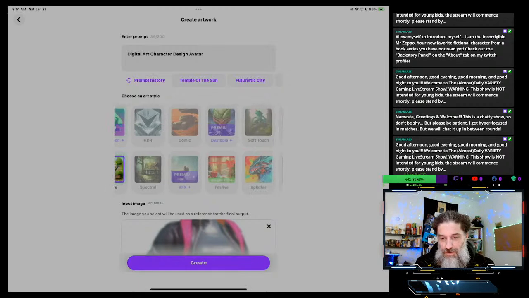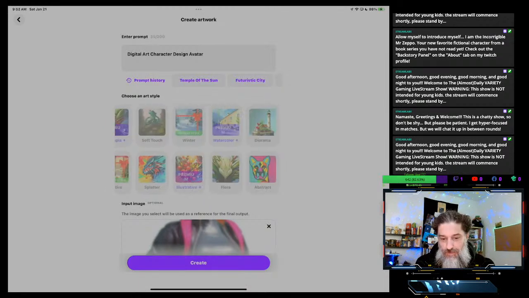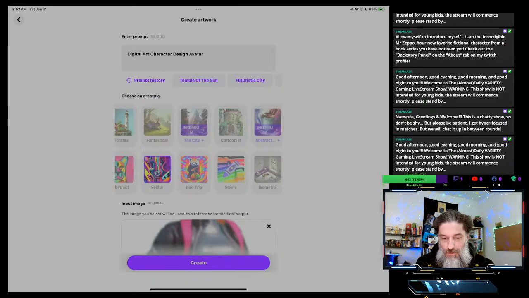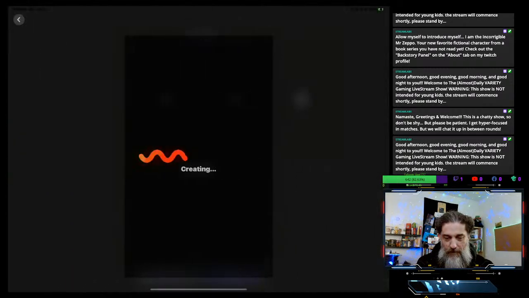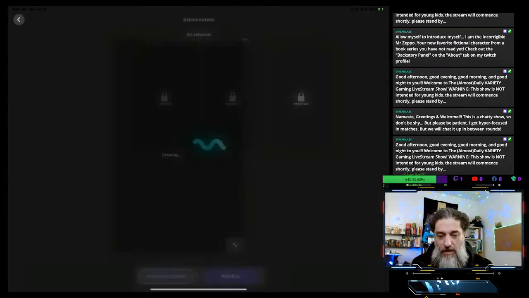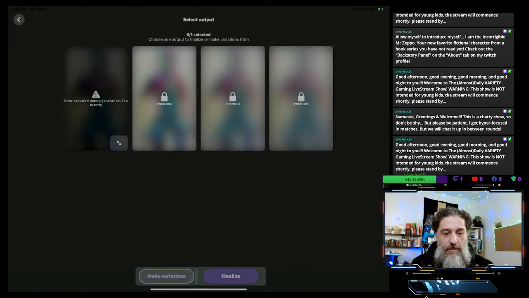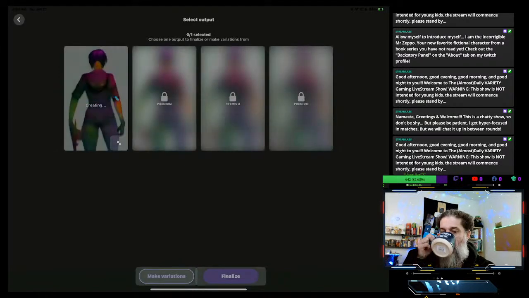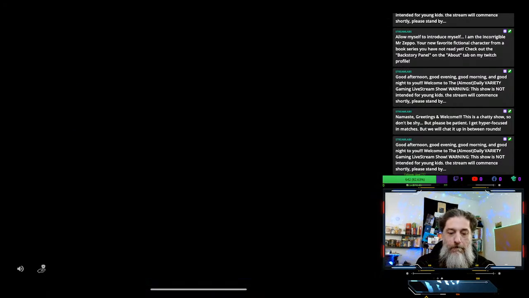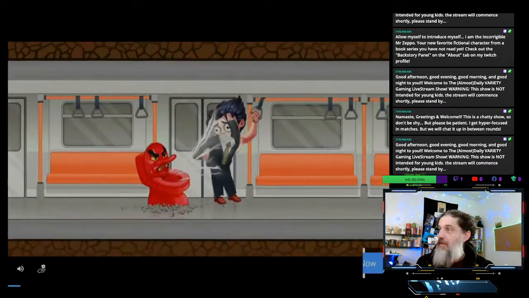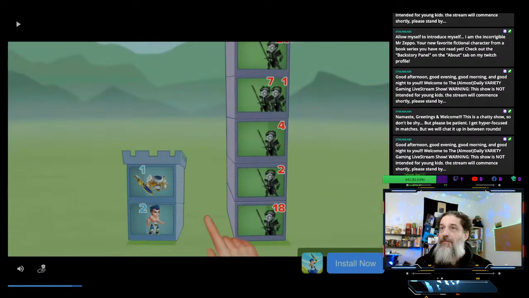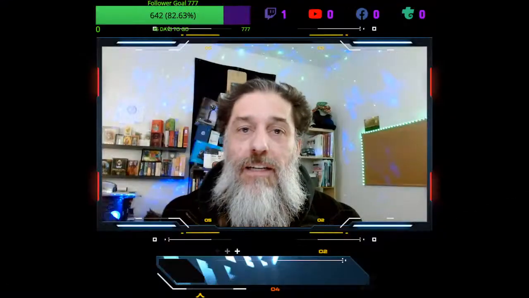Let's try one or two more of the filters. Abstract might be super cool. It might be horrible. Ooh, vectors sounds interesting. Digital art, character design, avatar. Maybe that's too confusing of a prompt. Hopefully we'll stop getting errors. So I apologize for that. That didn't used to be